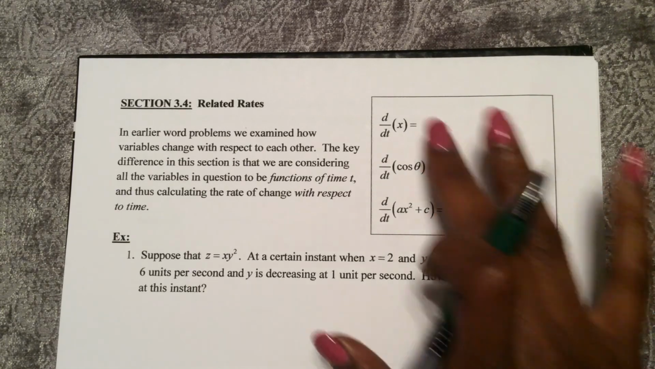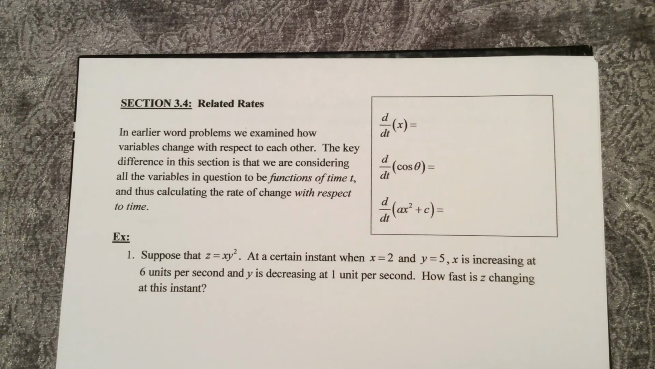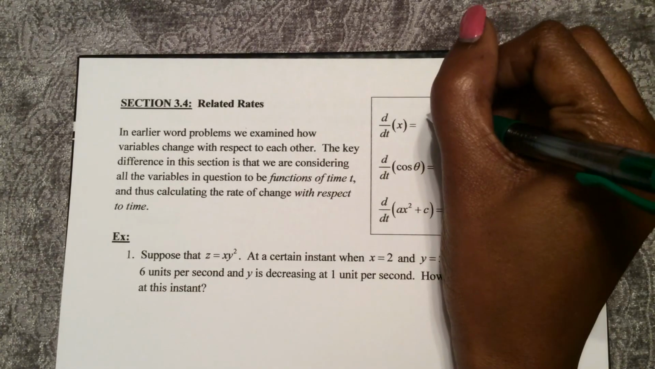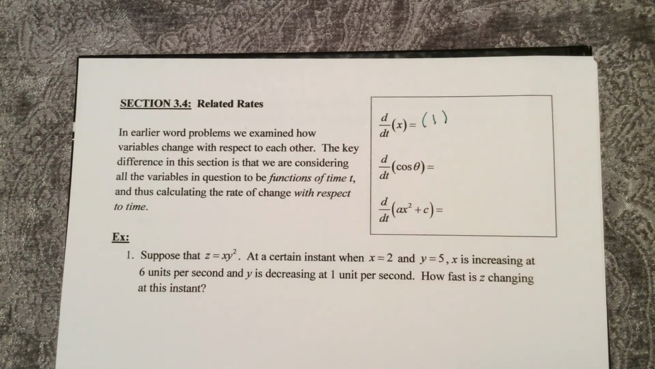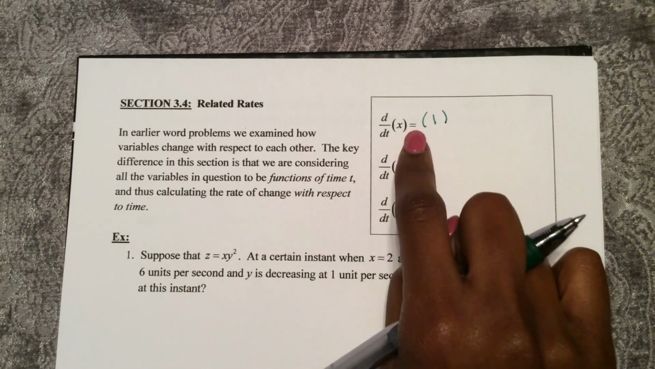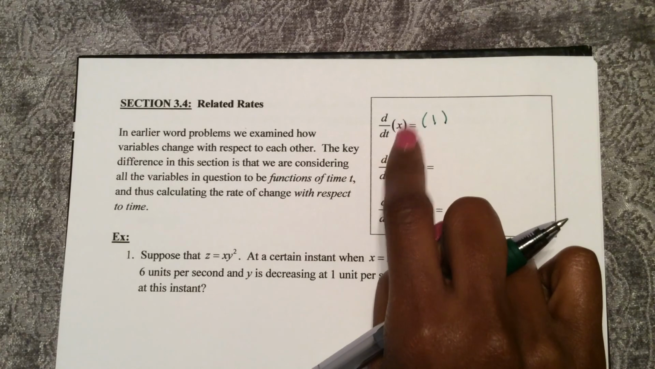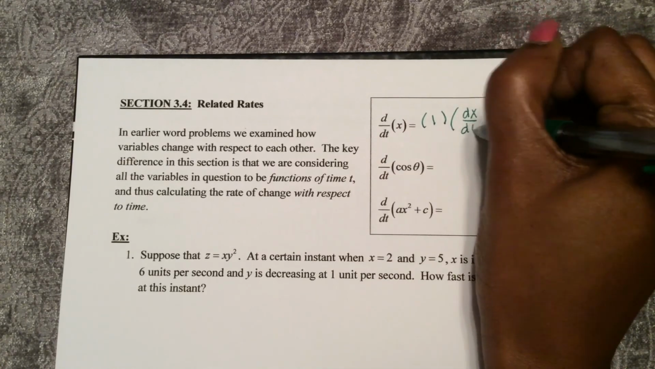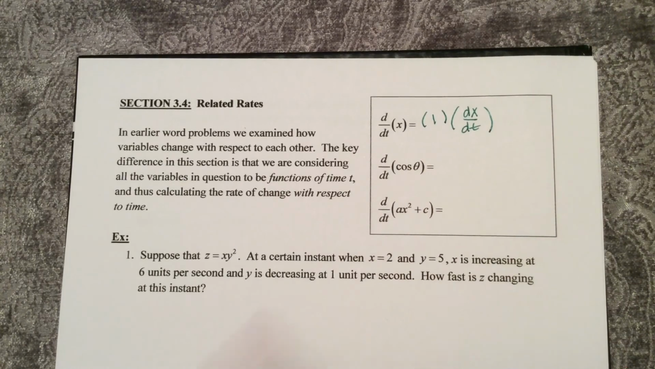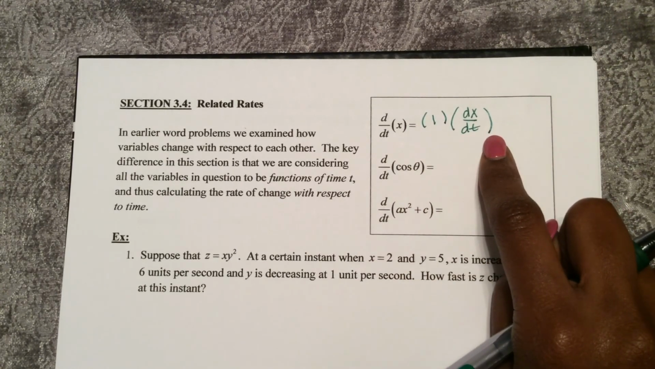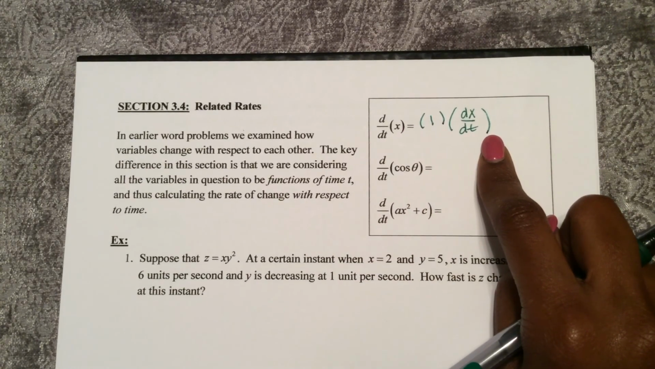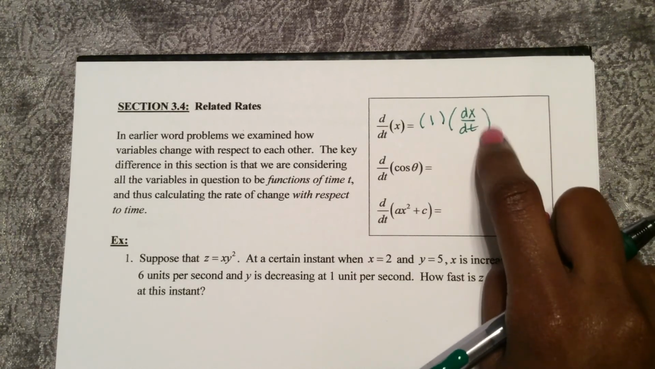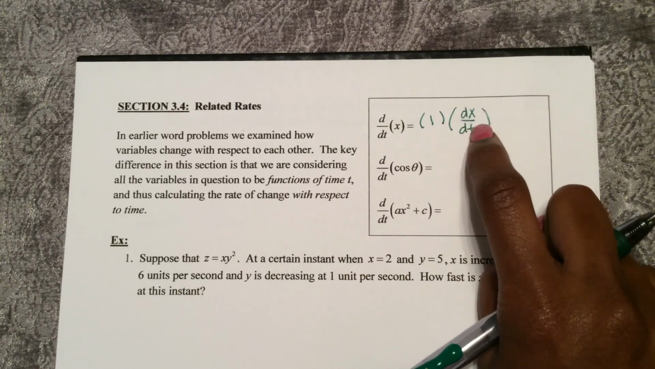So let's look at the first one here, the derivative with respect to time of x. So first, what's the derivative of x? It's 1. But I also have to now do the chain rule, the derivative of x with respect to time, dx dt. Now you could also write x prime. Before related rates, I'll probably always use this format so that we remember we're taking the derivative with respect to